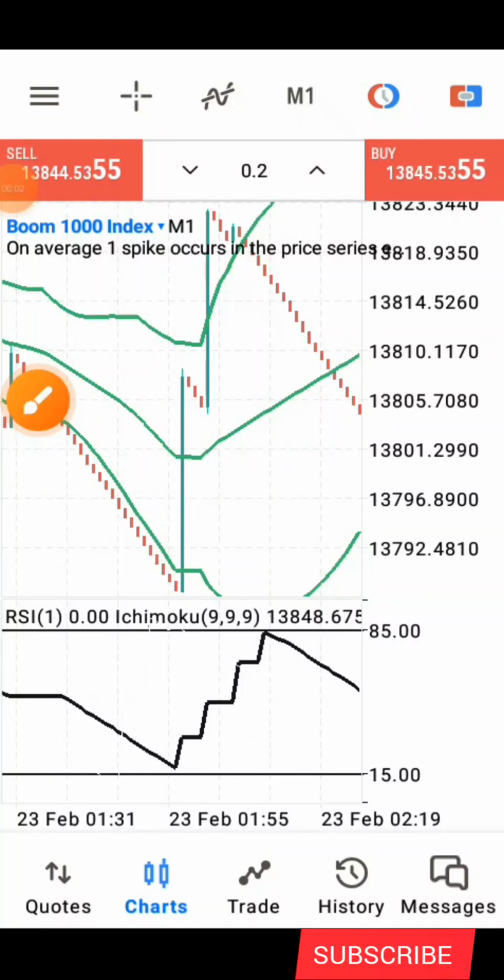In today's video, I'll be sharing with you guys a simple boom and crash strategy that you can use to milk the market. Alright, now without wasting much of our time, I'm going to first of all share with you the settings for this strategy, and then I'll explain how the strategy works. Alright, so the first thing we have to do here is to